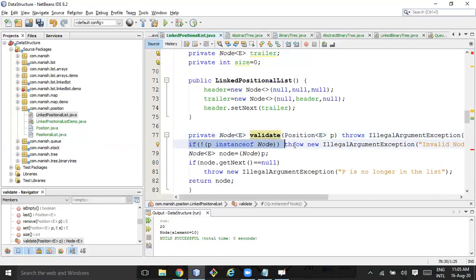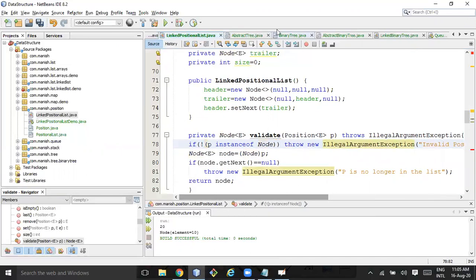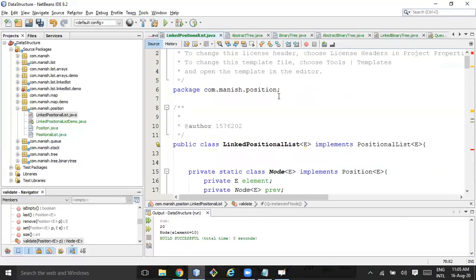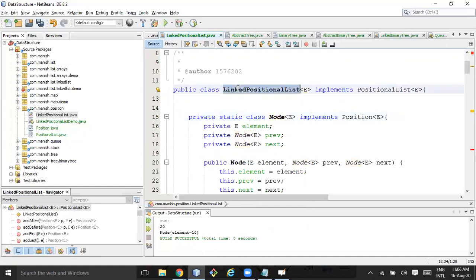If this is not the case, then I'll throw an illegal argument exception, saying the position you are passing is invalid, or you are passing something that is not an object of this node class. If you are passing an object of this node class, then only is it a valid object, and you cannot create a node outside of this linked position list.